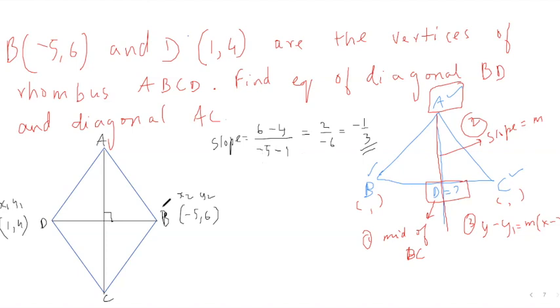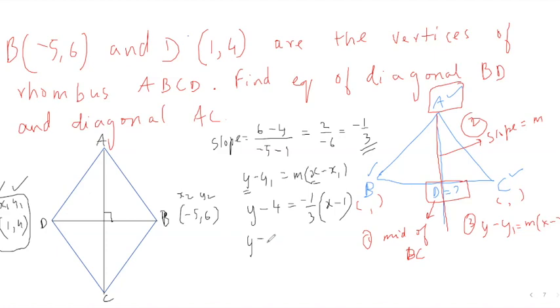And now we can use any one of these points. I'm going to take this point itself. So to find the equation, y minus y1 is equal to m into x minus x1. Okay, so y and x just remain locked in as x and y. They don't change, but x1 and y1 come from here. So y minus 4 is equal to m. We just found m as minus 1/3. So minus 1/3 into x minus x1. X1 is just 1.